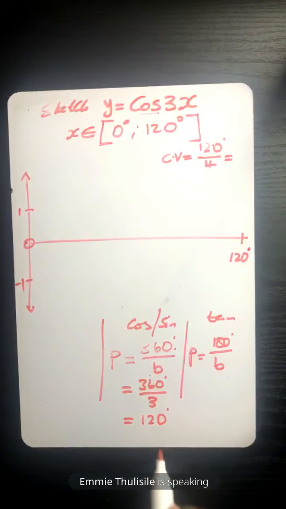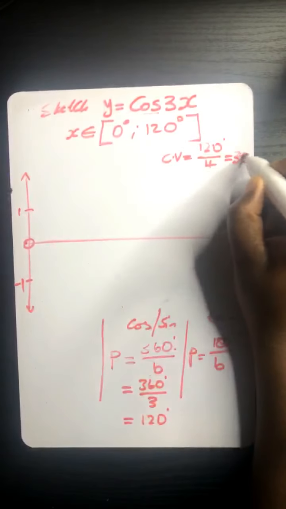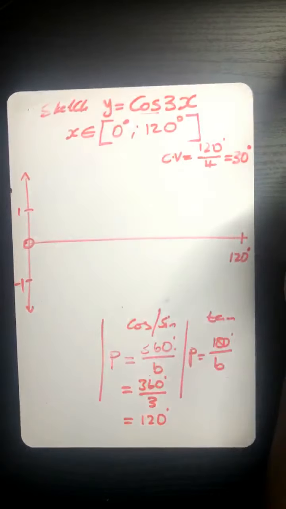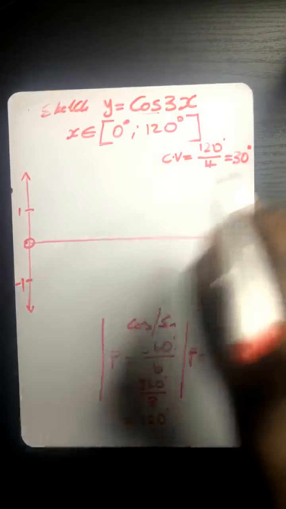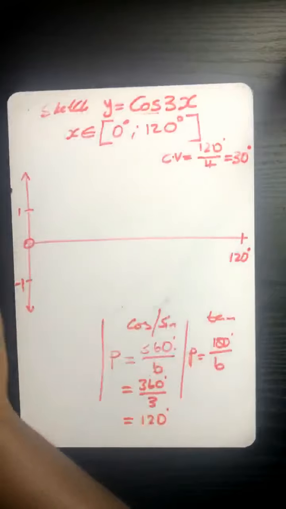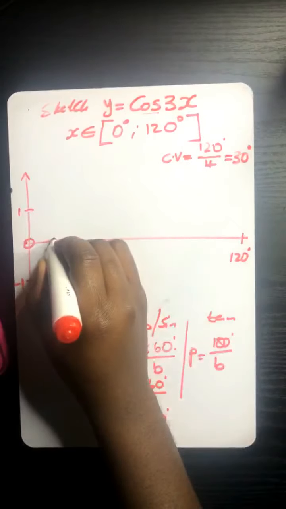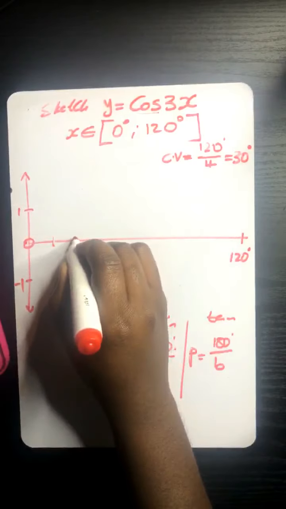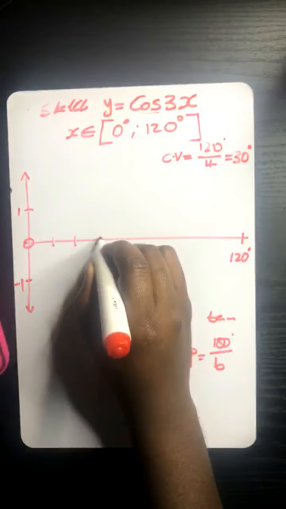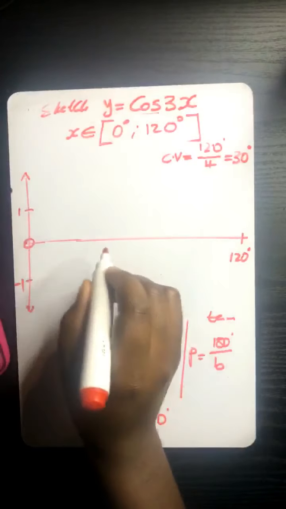Yes. Okay, so what is that? 30 degrees, sir. So this is 30 degrees, yes? Yes, sir. Okay, so in that case, it means you are going to space your values by 30, 30, 30, until you get to that. So let's say maybe it is going to be 30, 60,